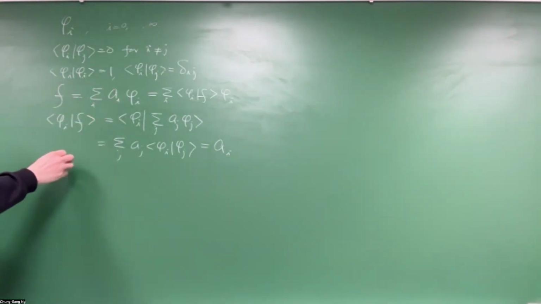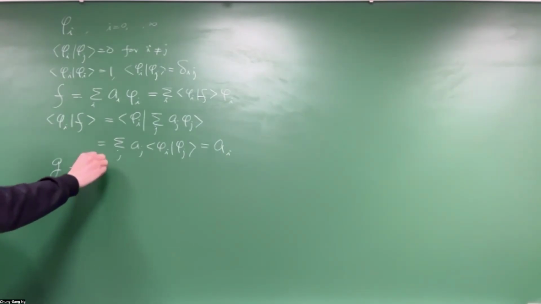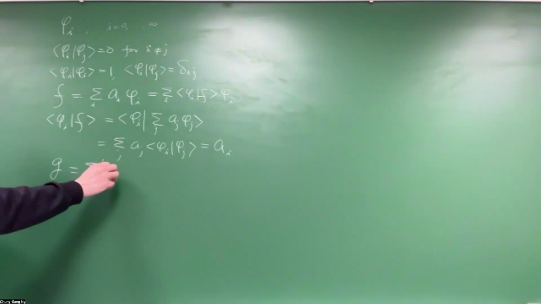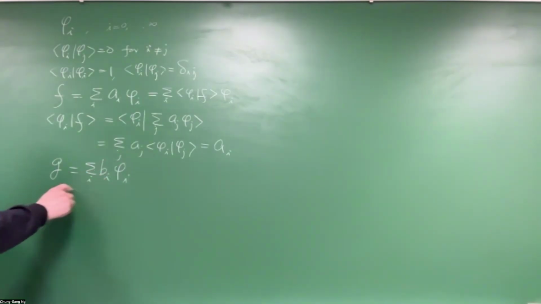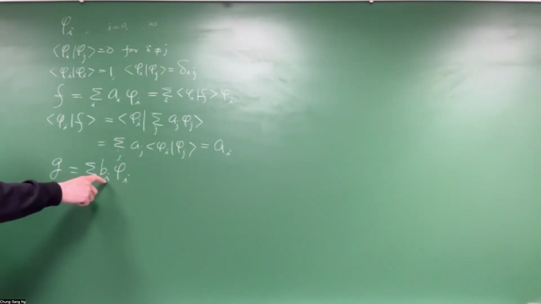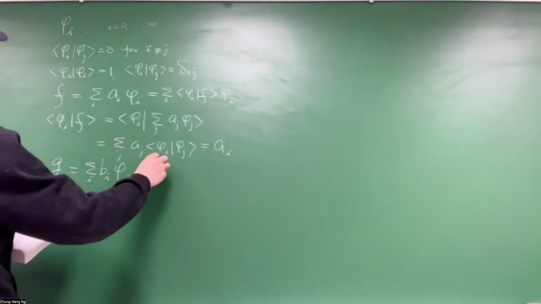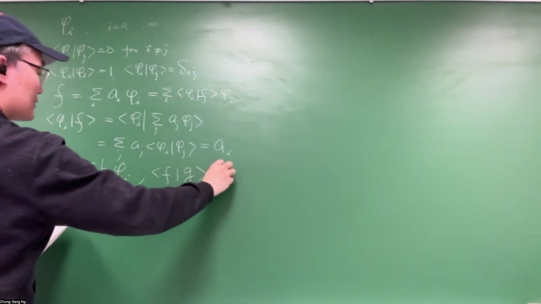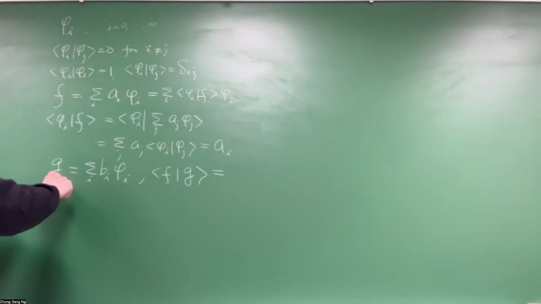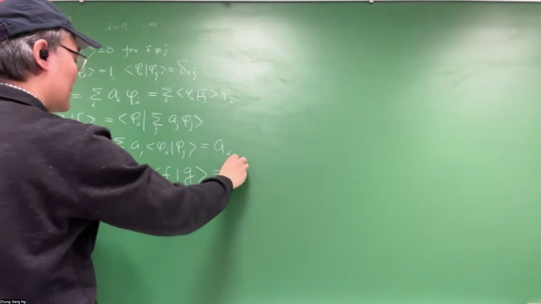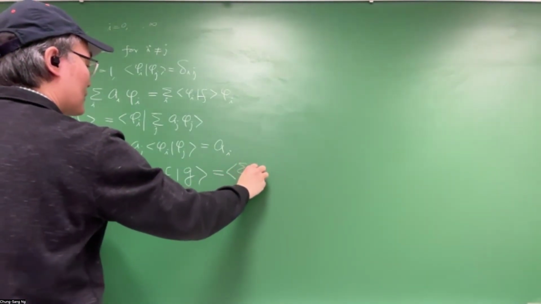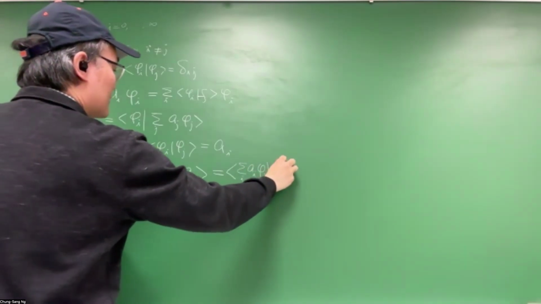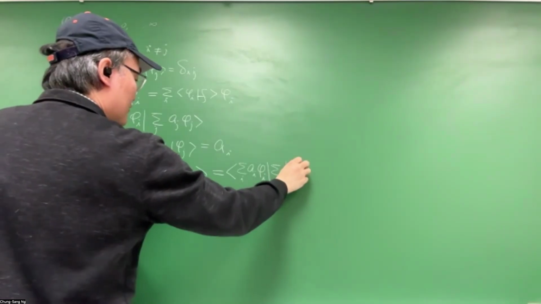Say if you have defined it like that, I see the text uses B, G is the sum over all the B sub I, the coefficients for the G function, this set of B. Then you can do the scalar product of F and G. Just substitute all this, this into here, this into here. It becomes sum over I, sum over J,